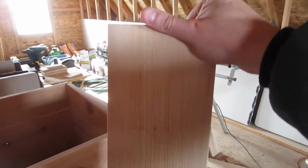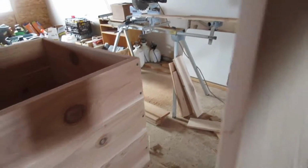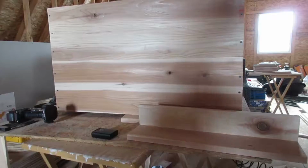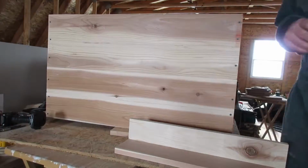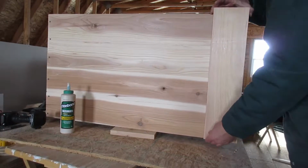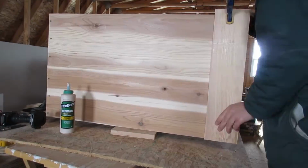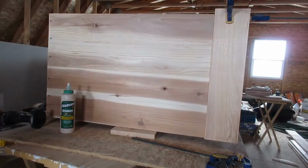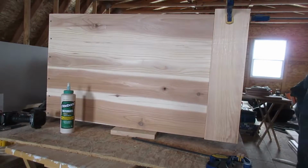And now it's time to attach the legs of the cedar chest to the cedar chest, just like so. And of course, before I could use the air nailer, the battery died because it's so...